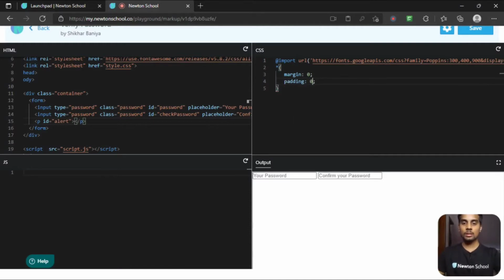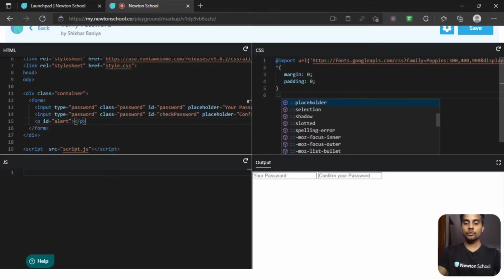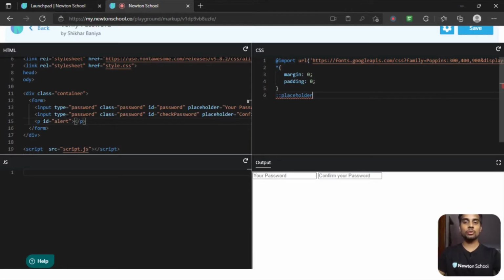As you can see, there are no left and top margins and paddings to our input box. Below this I want to change the color of the placeholder as well. In order to change the color of the placeholder, you have to write this pseudo element placeholder, and let's just change the color to gray, #A8A8A8.